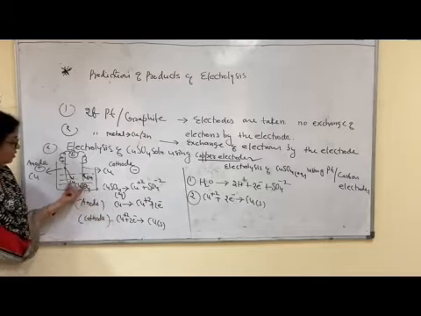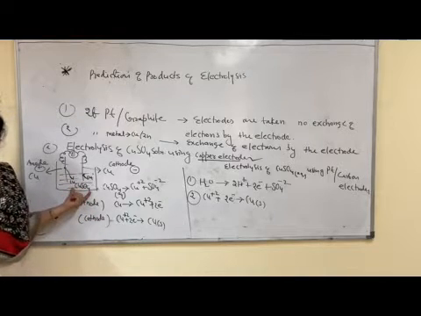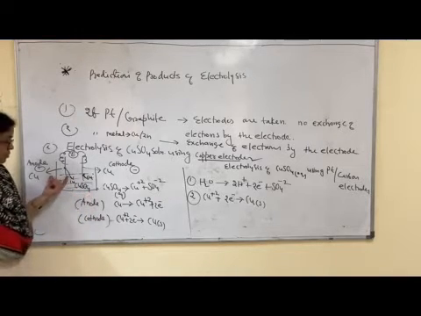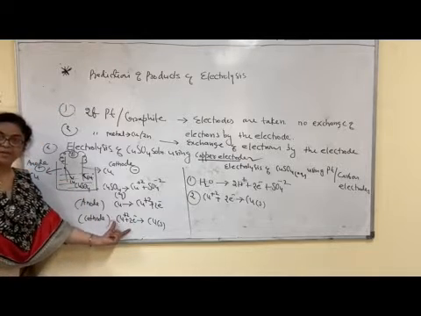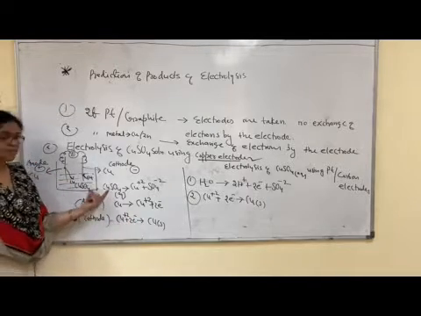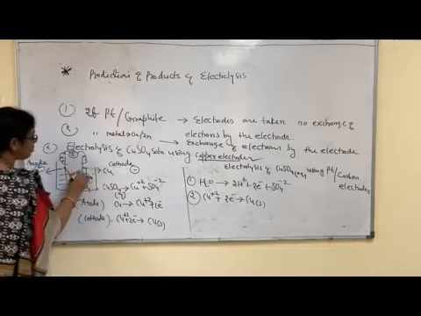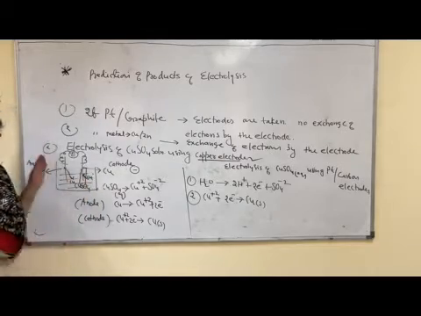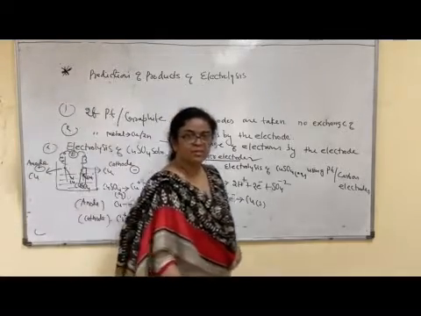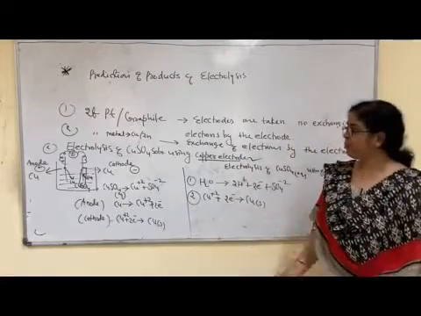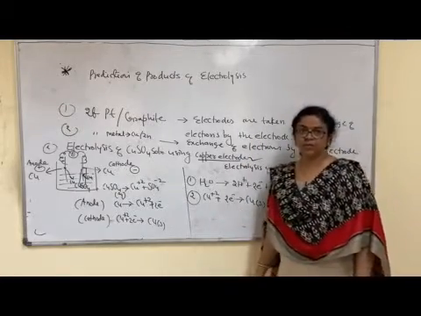Here copper ions are coming from the copper sulfate solution and from the anode. Then what happens? Reduction of copper ions into copper metal, and this copper metal gets accumulated around the cathode. It means the size of the anode decreases, and at the same time the size of the cathode increases.